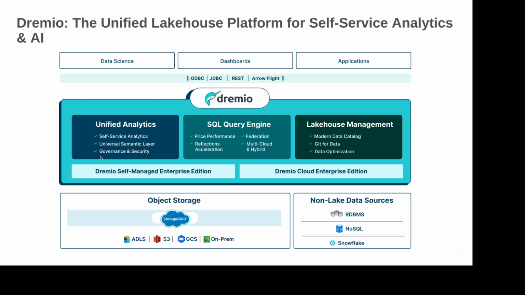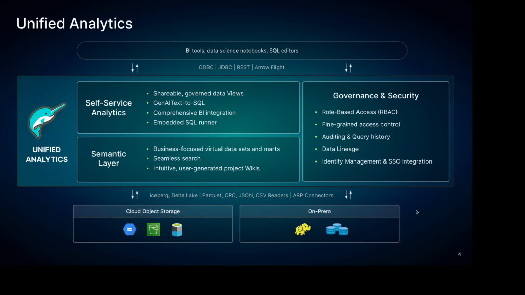But again, a little bit about me. I am with Dremio, the unified lakehouse platform for self-service analytics. Bottom line, we just make it easier to implement a data lakehouse by offering you three categories of value. Those categories are unified analytics, where we make it possible to federate queries across different sources, allow you to connect to databases like Postgres and MySQL and others, allow you to connect to your data warehouses like Snowflake and Redshift, allow you to connect to your data lakes, whether they're on-prem or in the cloud, basically allow you to unify all your data in one place with a semantic layer and lots of other features to help create one unified place to access your data.